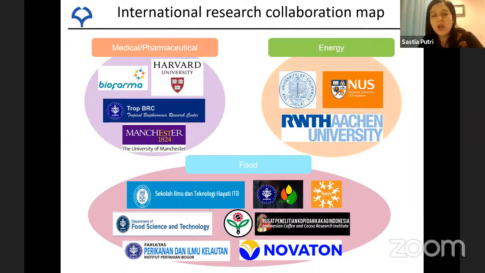And the latest ones we added into our collaboration just this year are with two international companies. One is Novaton, a Swiss-based aquaculture company for shrimp production. And for Pipiltin, we collaborate on the fine chocolates from Indonesia. If you are from Indonesia, maybe you know Pipiltin chocolate is one of the most famous fine chocolates that